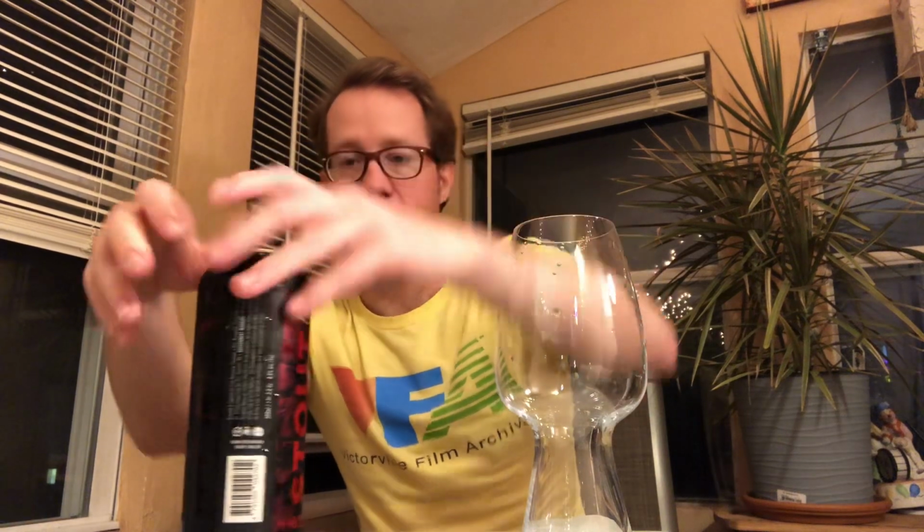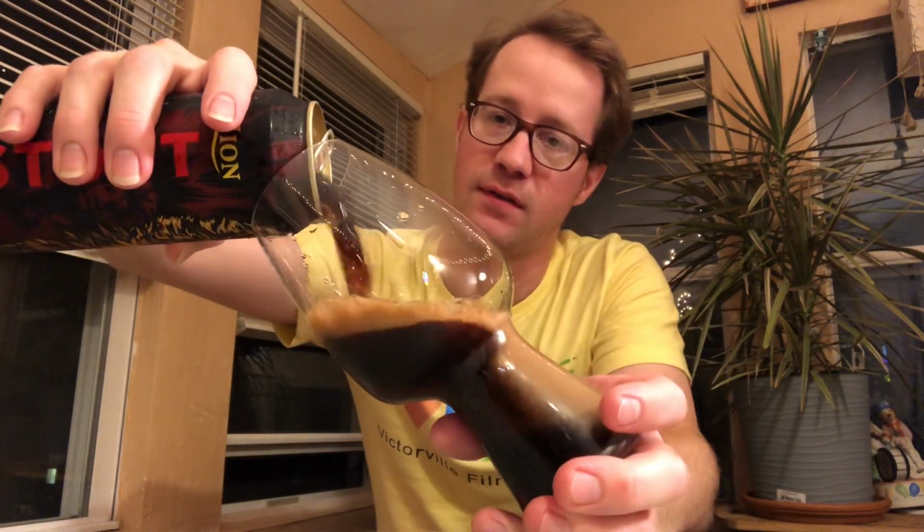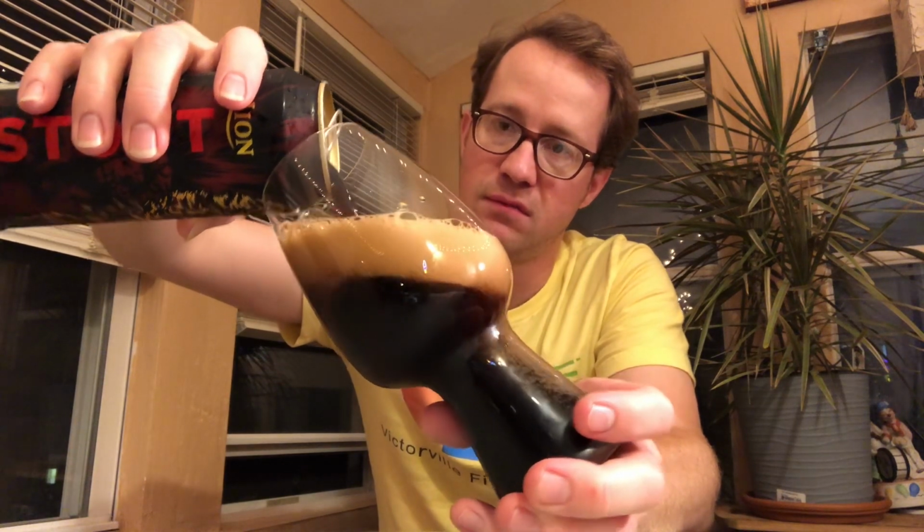This is 8.8. Not sure what the deal is, but then they said those bottles were bottle conditioned, naturally carbonated. This one definitely isn't. But for a real strong stout, you basically call it an imperial stout. Maybe it's a little different. Really good deal, and just kind of a weird beer to exist in the world where